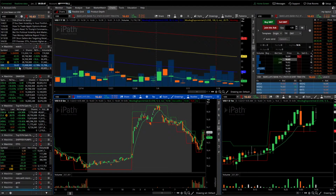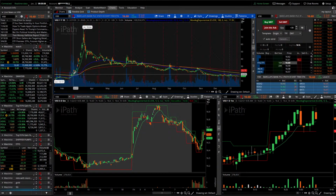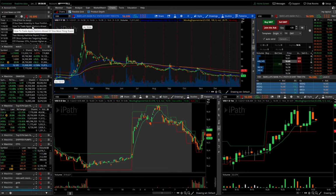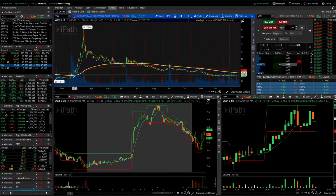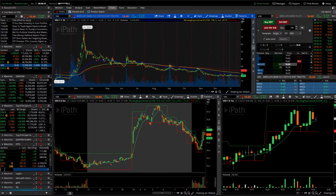VXX. What is this? Is this a volatility ETN? Oh yeah, so VXX, yeah, this is an inverse ETF. I think it could be an inverse ETN, but I think it's an ETF. As you can see back here in March, when the market sold off, this did rip big. I'm going to put this on my ETF watch list because